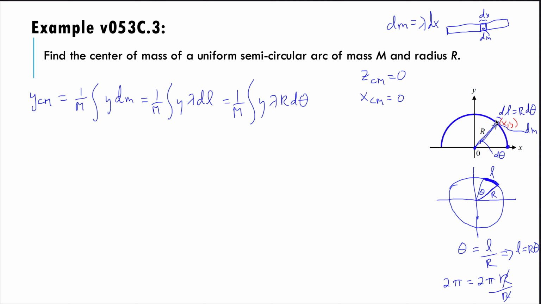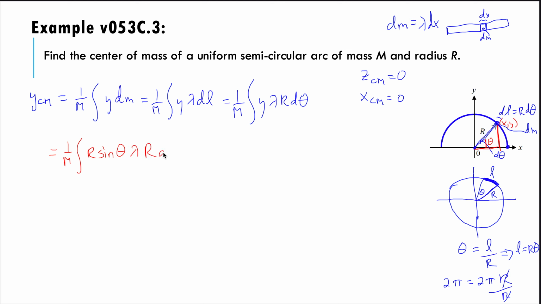If you think about the position y here, you make that triangle. This big angle here is theta, because we're integrating theta from 0 all the way to pi. So the y-coordinate is opposite theta, which is r sine theta. That's a common substitution that we use to find the y component here. So we're going to have 1 over m integral of r sine theta